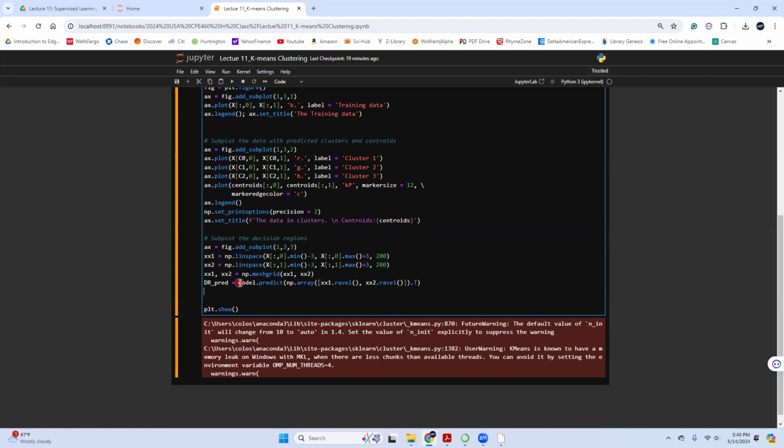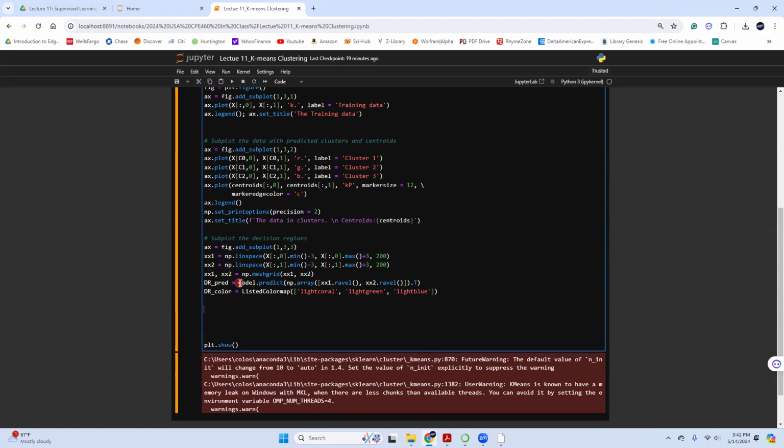Now I can define the colors, so dr_color equal to ListedColormap, and use our favorite colors again: light coral, light green, light blue. Now I can have ax.pcolormesh.